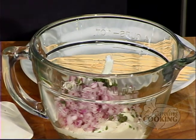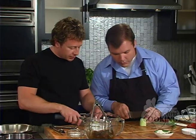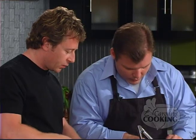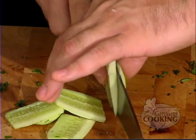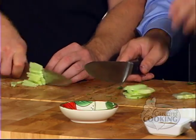Cucumber. So here's another thing that we can chop. Alrighty. Now we want this kind of pretty fine diced, okay? So what I'm gonna do is I'm going to slice it very thin. Okay. We don't have to seed it. You can seed it if you want, if you're completely anti-seed, anti-stem. If you use a smaller cucumber, you don't have to worry about it. If you use those gigantic ones that they sell at the grocery stores sometimes, I usually go with the pickling